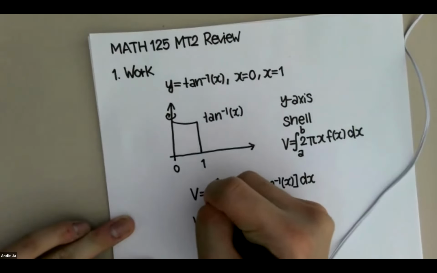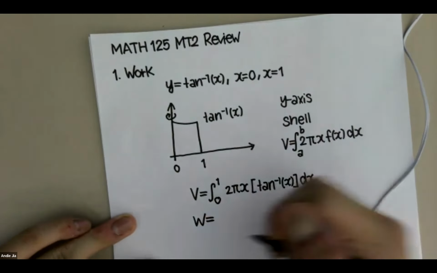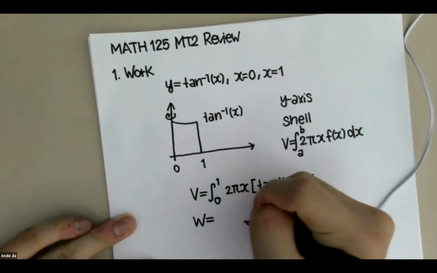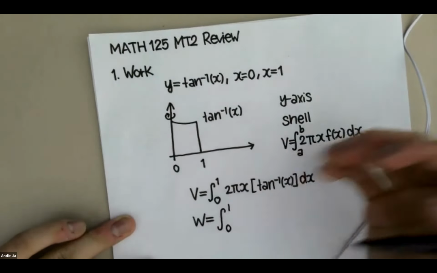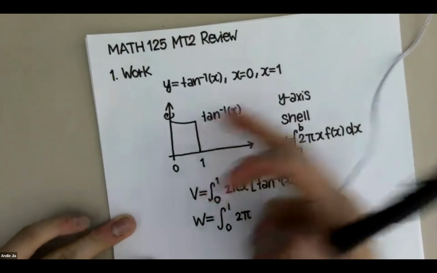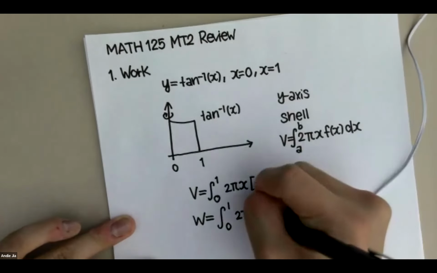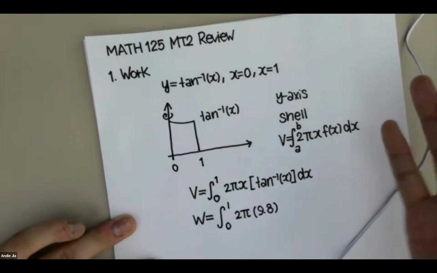So we just put them all together as the work you need. The bounds are unchanged, and 2 pi is still in there. I just need to multiply by the density and